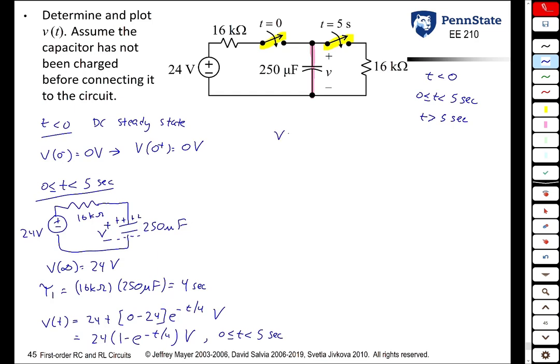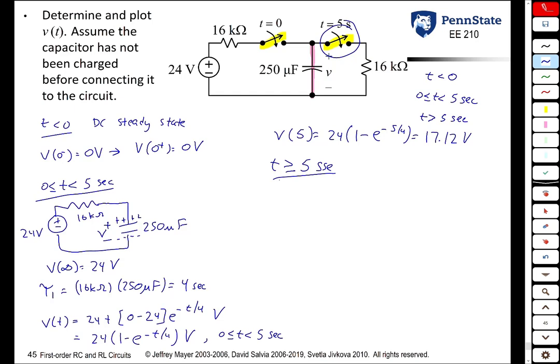The voltage across the capacitor at 5 seconds then is 24 times 1 minus e to the minus 5/4, or 17.12 volts. So we see that by the time this second switch comes into play, we have not reached our DC steady state. We're only up to 17.12 volts. So for t greater than or equal to 5 seconds,